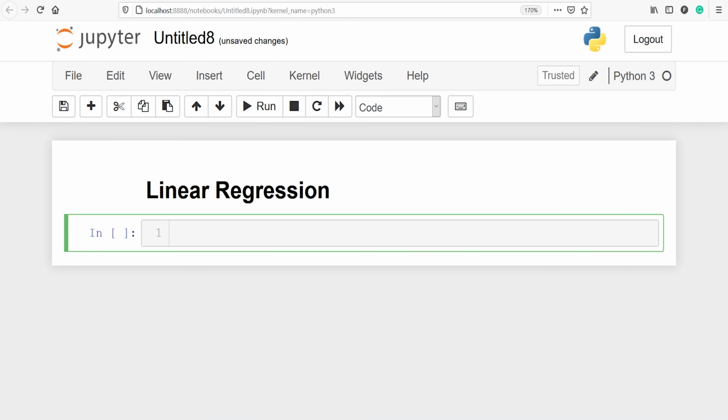In this video, you will learn about linear regression in PyCaret. Let's understand what regression analysis is. Regression analysis is a set of statistical processes for estimating the relationship between a dependent variable and one or more independent variables. The objective of regression analysis in machine learning is to predict continuous values such as sales, amount, quantity,